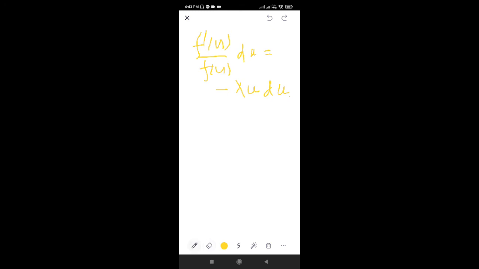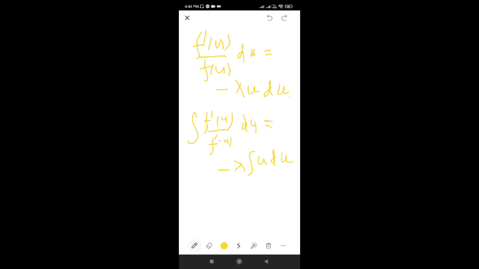Right, integrating on both sides. On this side also you have to integrate lambda constant u du. Okay, now it is not the exact integration, that means I am not writing it as definite, it is not the definite integration. So after integration, you have to put some integral constant. Okay, I think you understood.